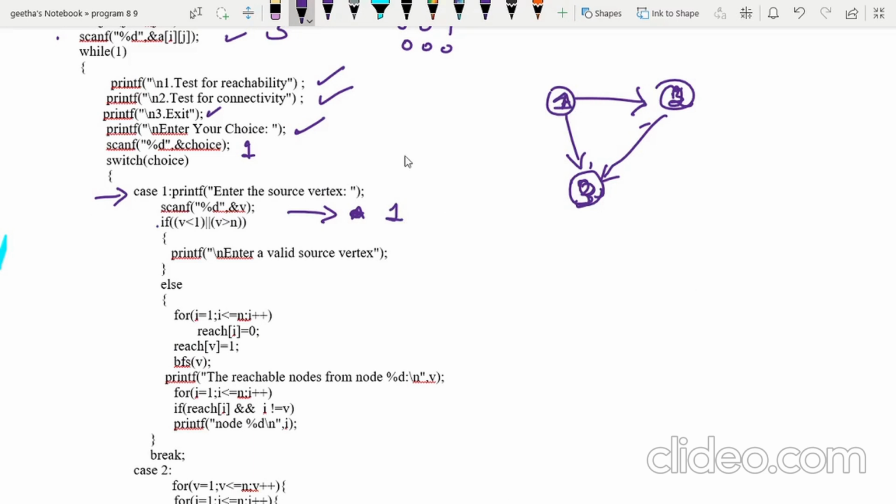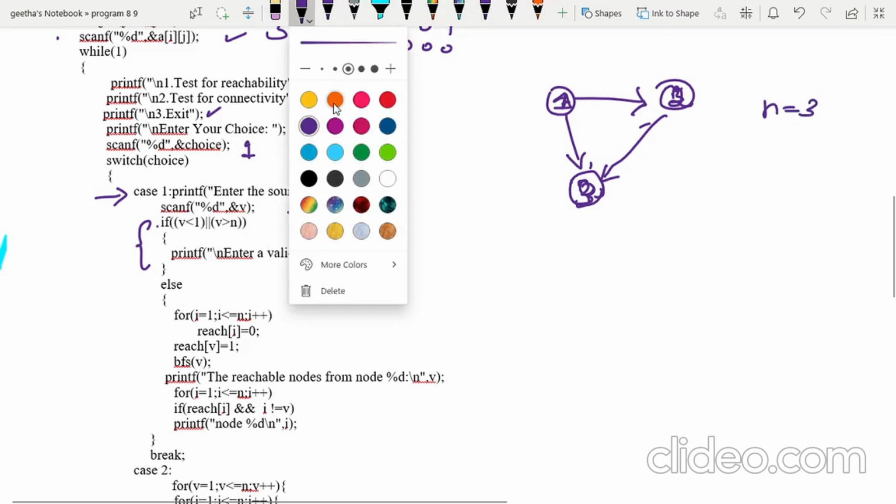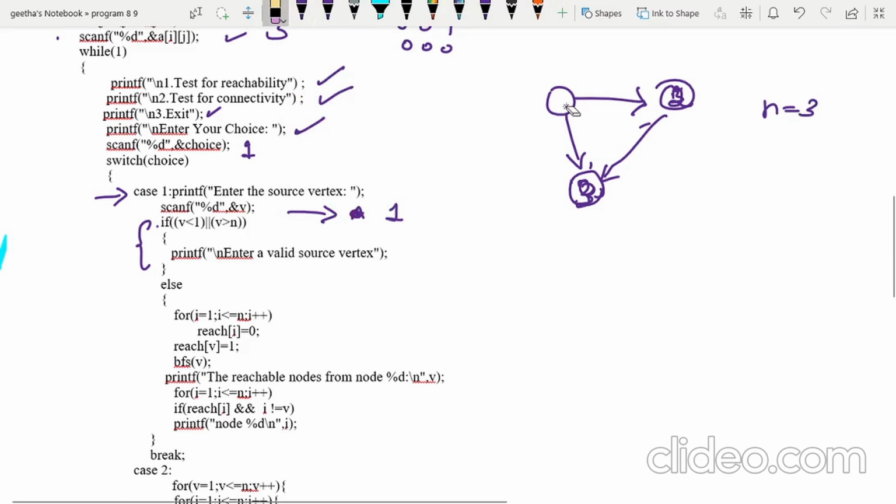Here I verify whether the vertex is less than 1 or greater than n, which here is 3. If you give such a value, in that case it is not a valid node. So I am going to correct this.